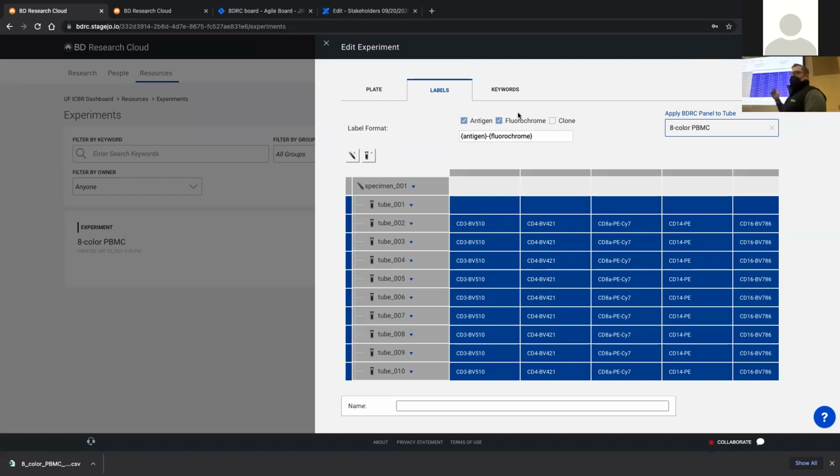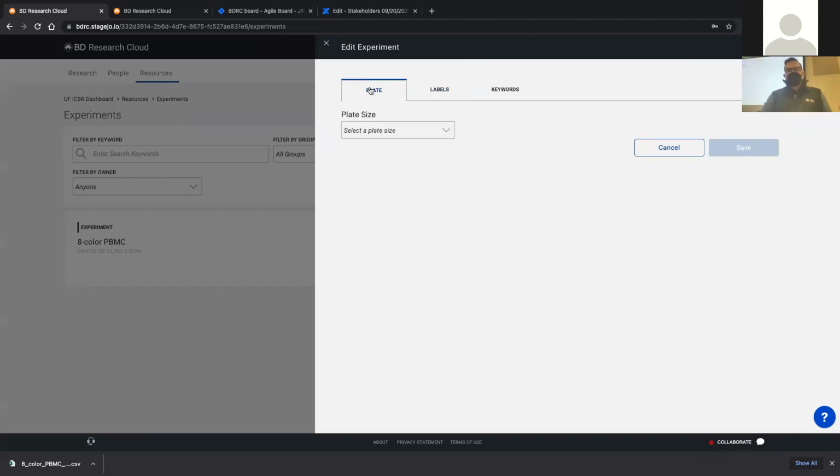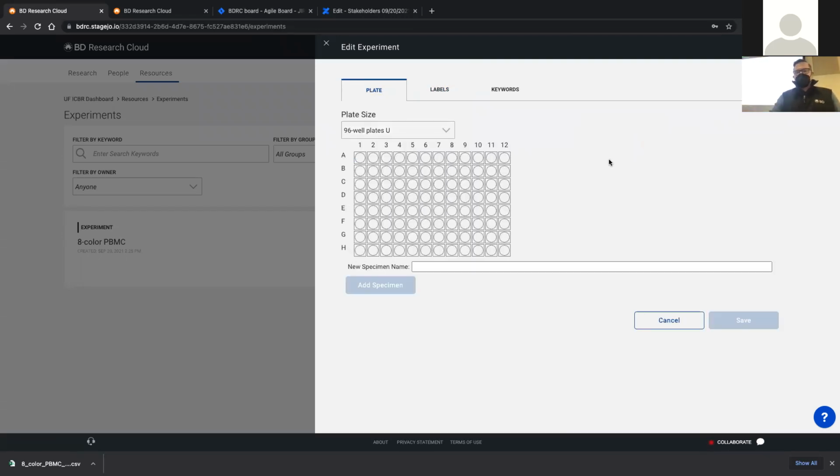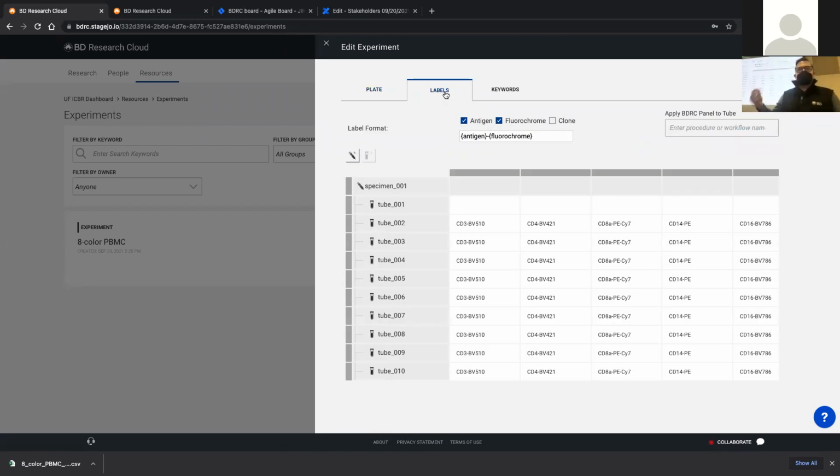So we do that here. You can automatically populate it. You can show up to the machine with all of your specimens and tubes already made. We have a plate editor as well. You can select your plate size here and set up your plate beforehand. And then it concludes with creating an XML file, an experiment file. And Diva will import that in. You'll get your experiment, your experimental layout, all your specimens and tubes, and then you show up and